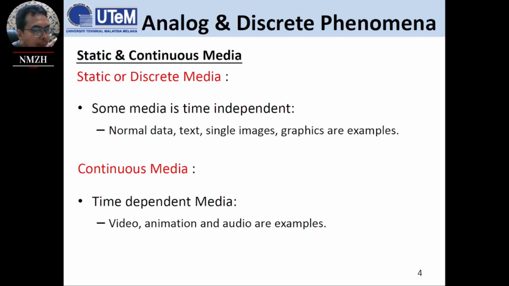Related to the static, static means not changeable. The data is not really changing itself. In other words, for example, we say hello world. Hello world is not changing because the string of HELLO until D at the world side is a specific string of data. So normal data could be data, text.